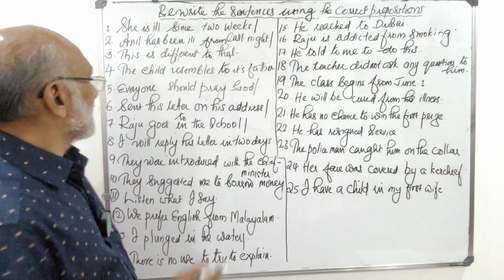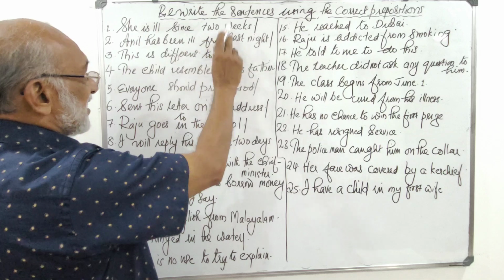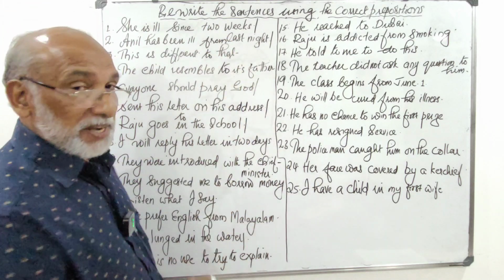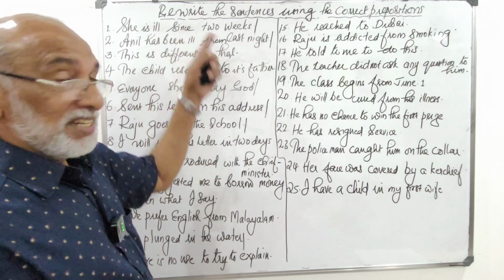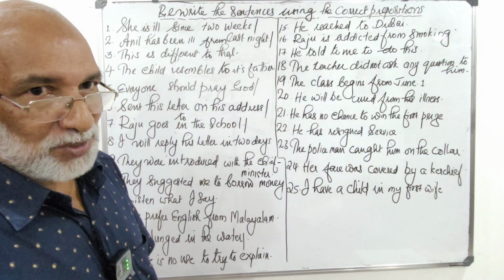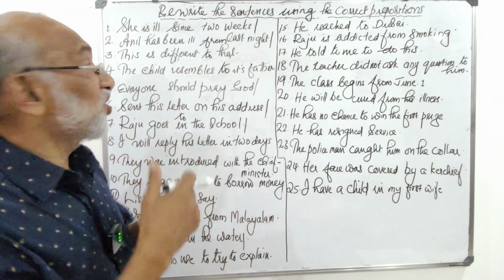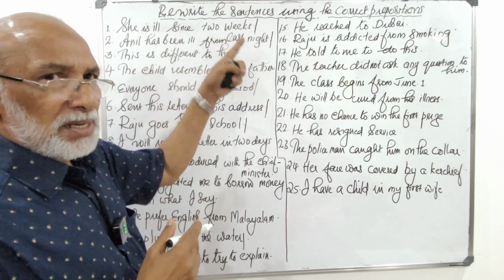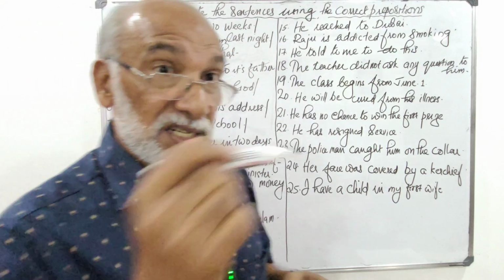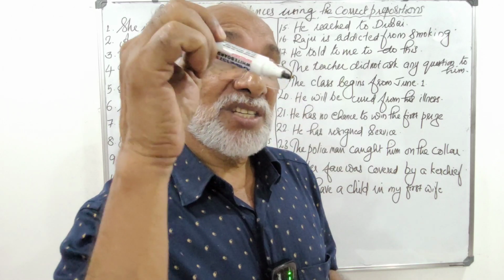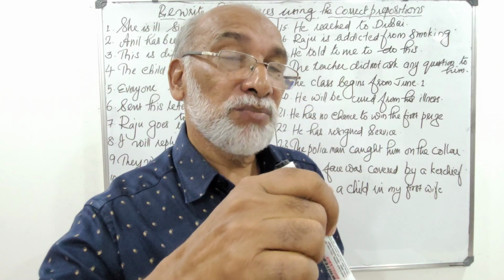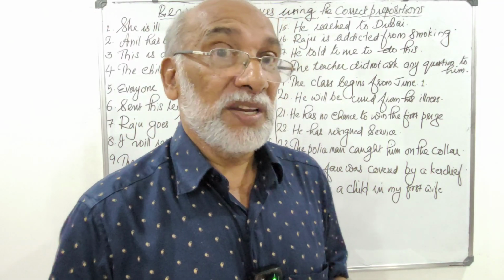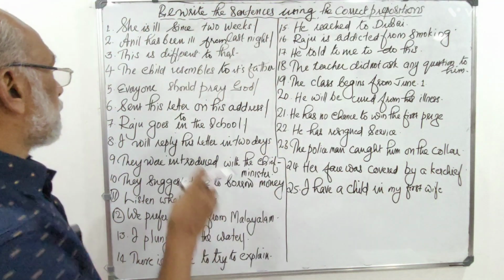The first sentence: She is ill since 2 weeks. You know, 2 weeks is a period of time, but since refers to a point of time. So they don't go with each other. She is ill since 2 weeks. When you refer to an action started at some time in the past and continued up to the present moment and still continued, we have to use present perfect. So instead of is, it should be